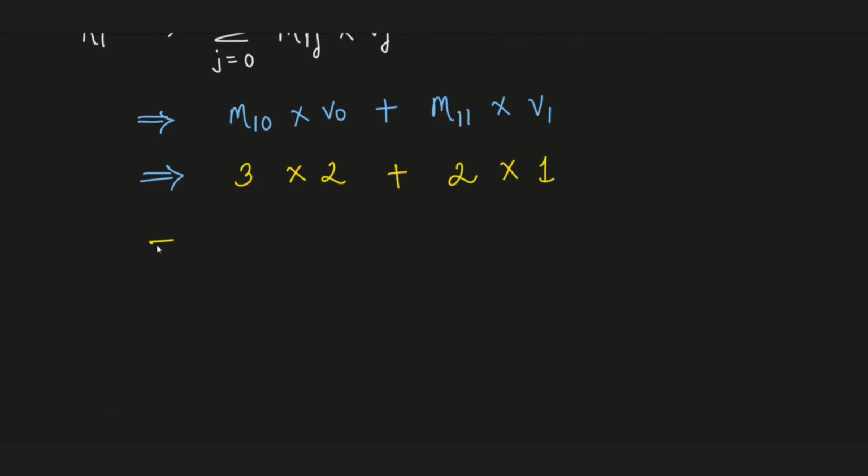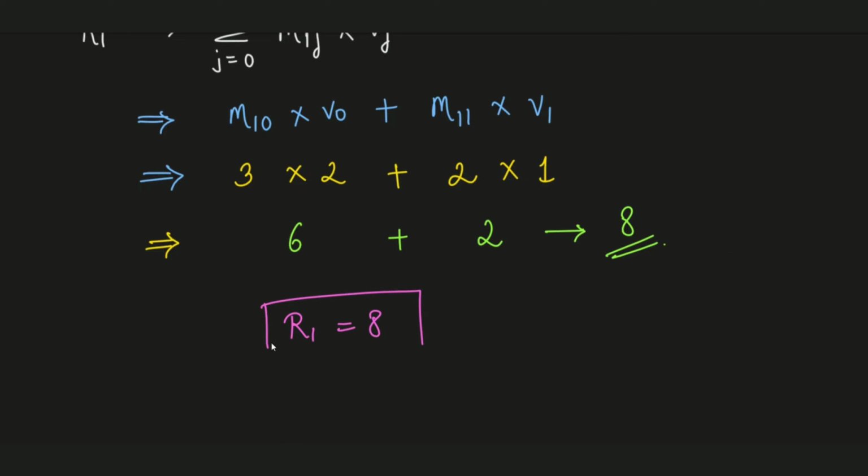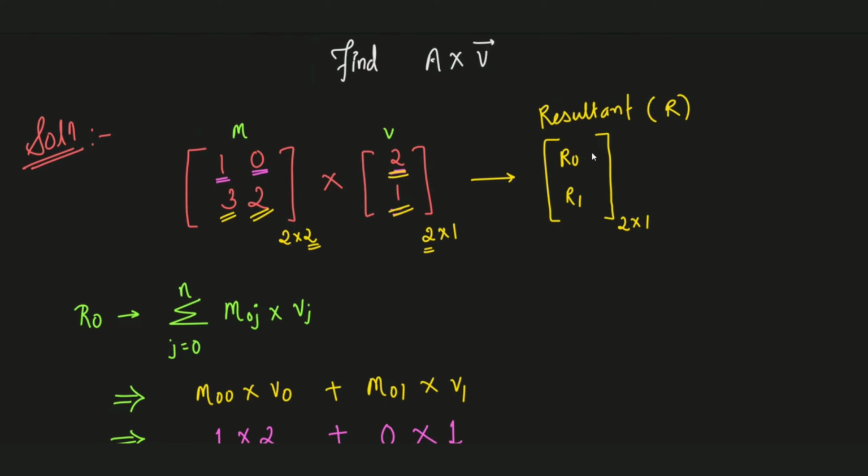So now you can see over here that 3 multiplied by 2 is nothing but 6, plus 2 multiplied by 1 is 2. When we add these two we'll get 8. So now you can see we have got the value at the R1 position in the resultant matrix, which is nothing but 8. So you can see clearly we have found R0 and R1, which was